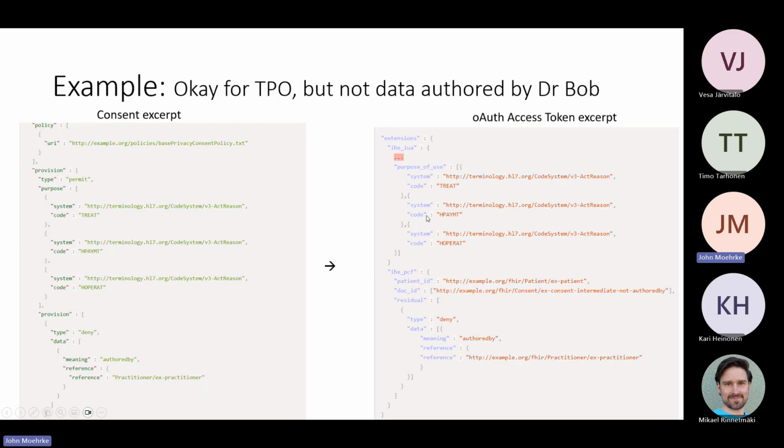For each consent pattern that we have, we have examples, and we have examples of the OAuth for that example. So not only do we have profiles that cover many different things, but we have examples that cover each one of those, and those consent examples have OAuth fragments.